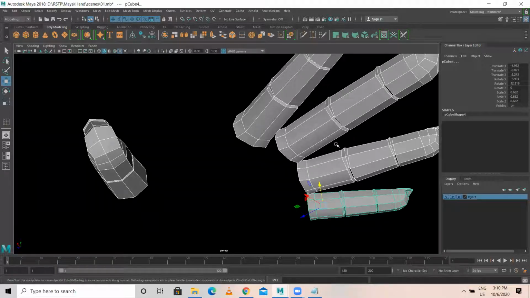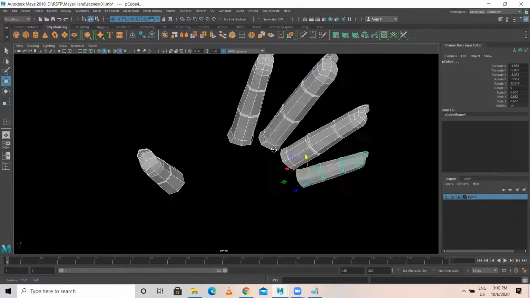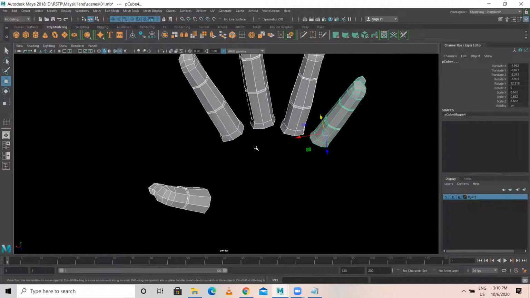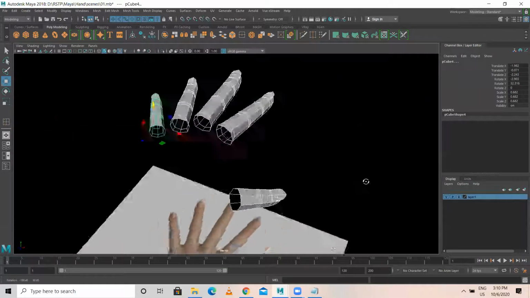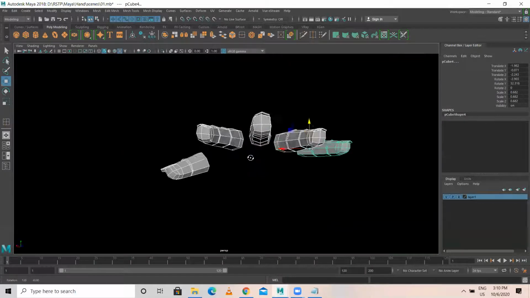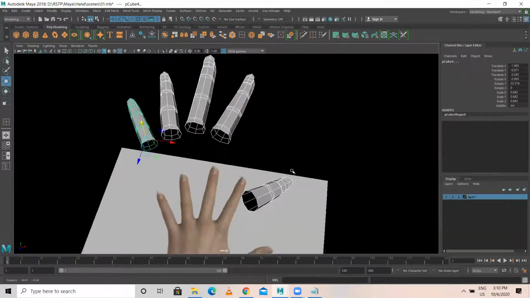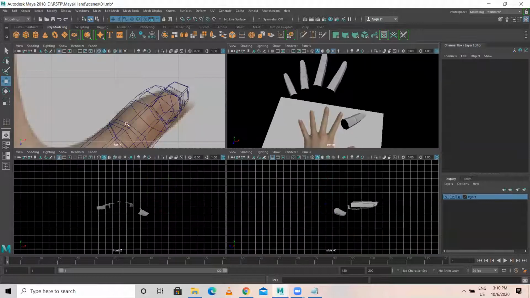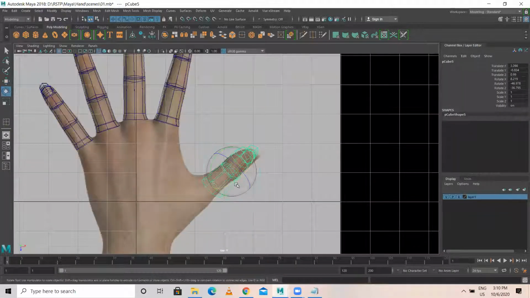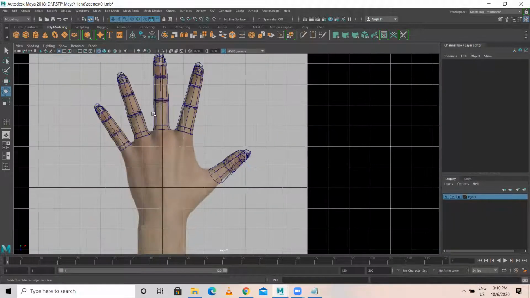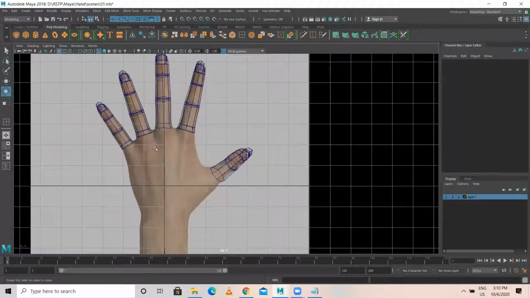Make sure triangles are not there while we do the modeling, especially human anatomy. So there is not even a single triangle in this. Anyhow, I had bit tilted and rotated this one. It's okay, no problem. I have adjusted this.